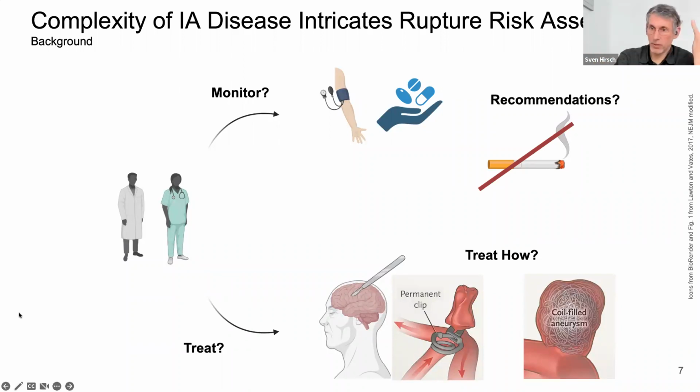So what is the state of affairs today? So the clinicians, they have to decide, do they monitor an aneurysm and do they treat an aneurysm? And today they monitor more than half, or I think 60% of the aneurysms, but then they also have to take some decisions. How do they monitor? How often do they see the patients? What medications do they give? Do they give any recommendations? Secondly, if they treat, they have to decide, do they do an invasive surgery or intravascular surgery and so forth. So there's a lot of decisions that they have to take.